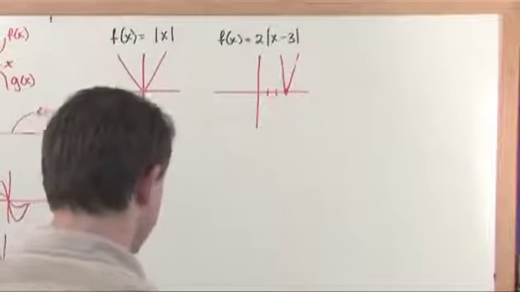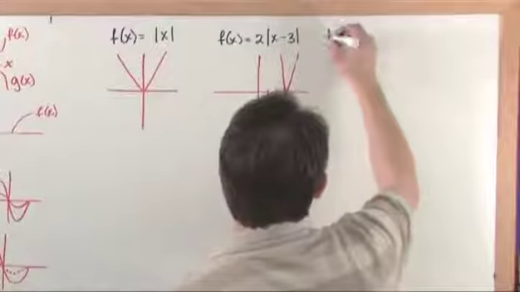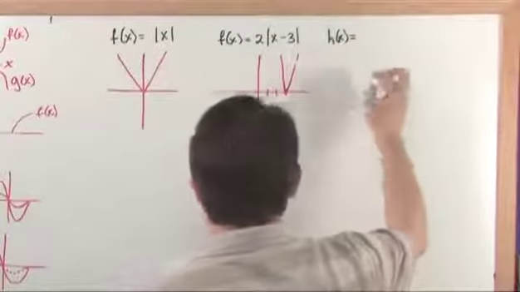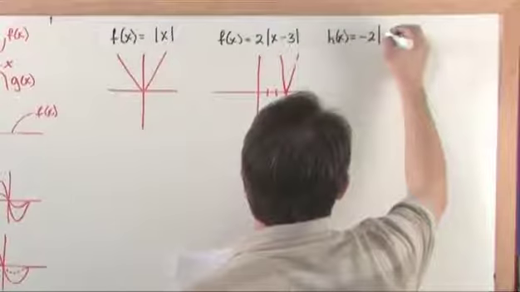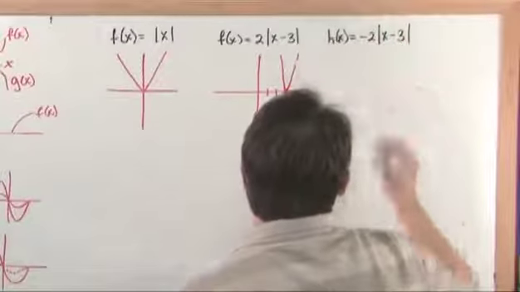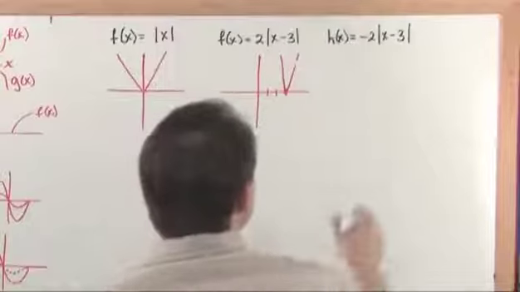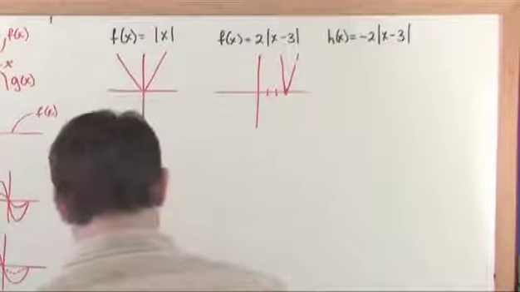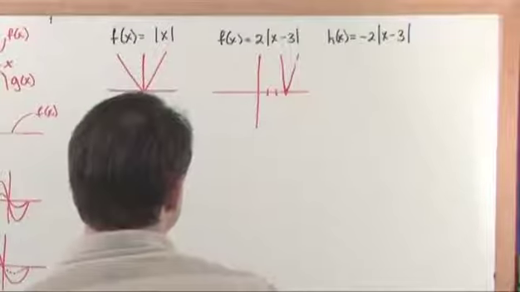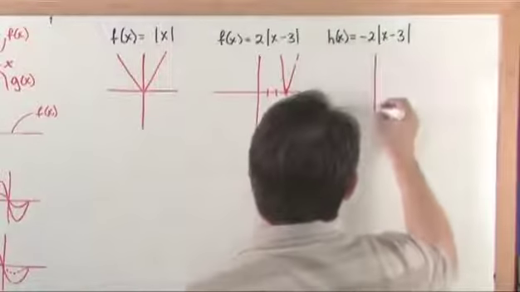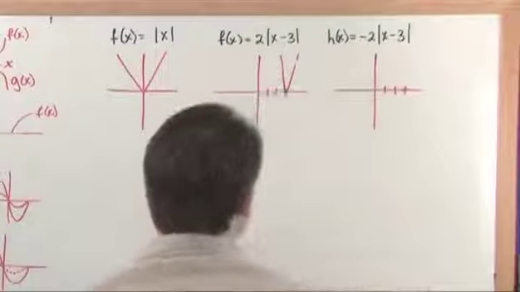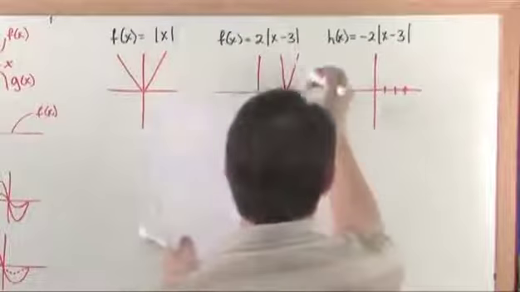And similarly, if I wanted to sketch h of x is equal to negative 2 absolute value of x minus 3, what would that look like? Well, that one is a shift, again to the right, but it's a little bit different. Let's check this out. It's definitely a shift to the right, so that's my 0 point, and it's definitely going to be steeper,